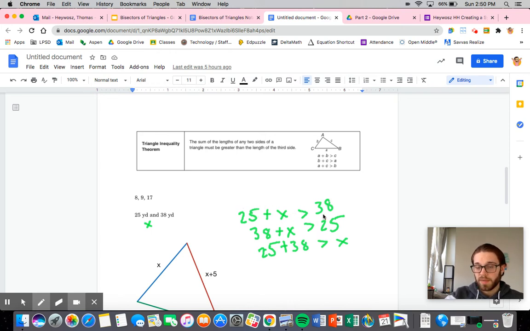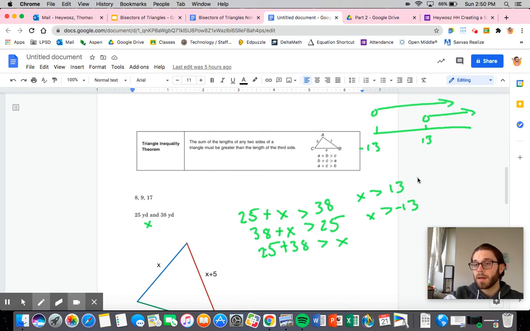So, we can simplify this. 25 plus X has to be greater than 38, so that means X has to be greater than 13. This other one, if I did it this way, would be X has to be greater than negative 13. But the problem is, I already have 2, right? If I had a number line here, here's 13, way down here is negative 13. Here I'm saying X has to be bigger than 13, and here I'm saying it over here. So we have to look at which part we pick. We're going to pick this part,